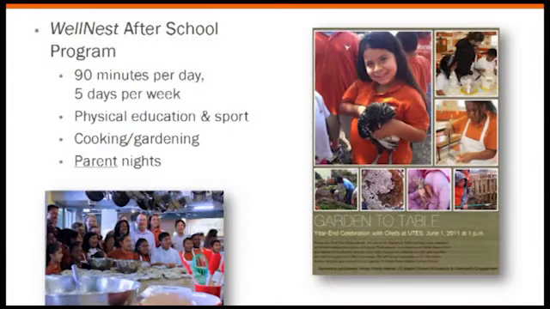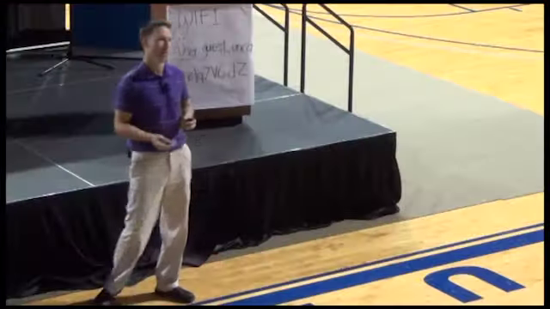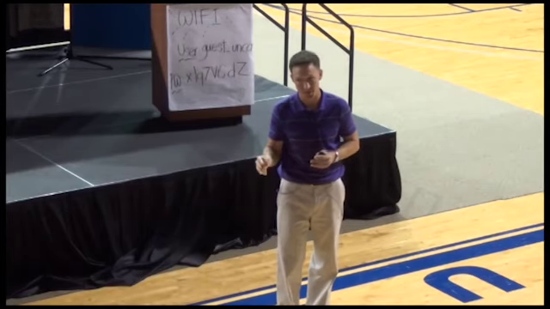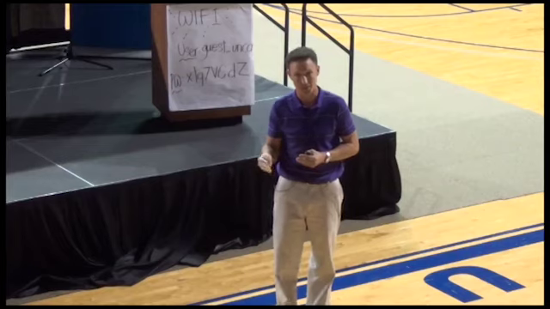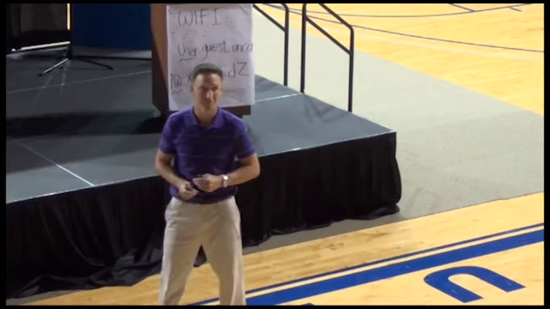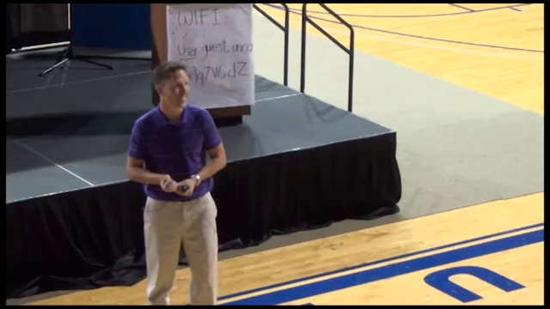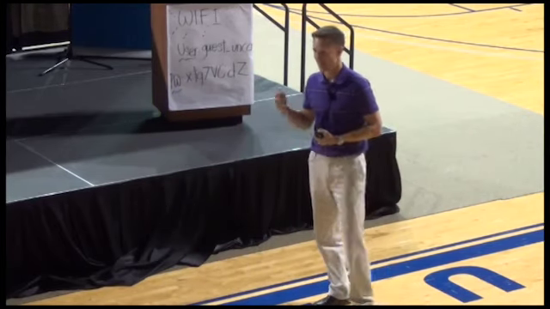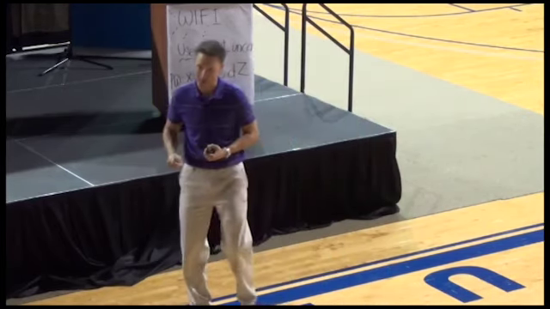Tier 3, remember from our pyramid, Tier 3 is the most intensive level of intervention. So think about it in your mind right now. If you were doing Tier 1 and Tier 2, you were doing all that for students, and the students still aren't responding, and these are elementary school kids, what do you think might be the issue? Parents. Yeah, so we said, okay, Tier 3, most intensive intervention, we got to get the parents involved.